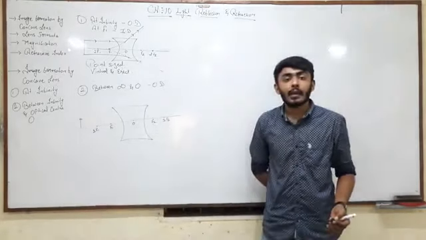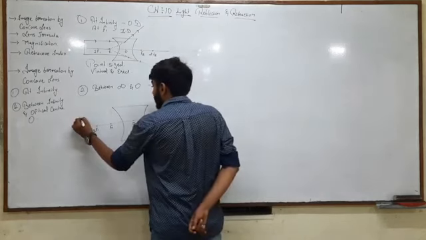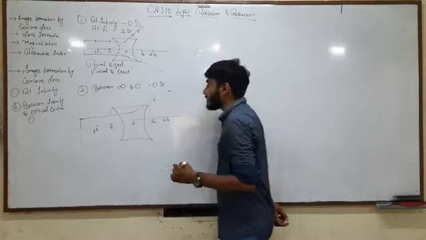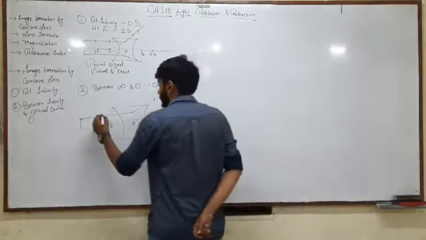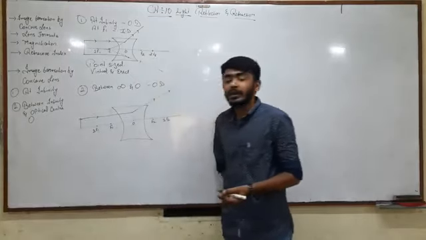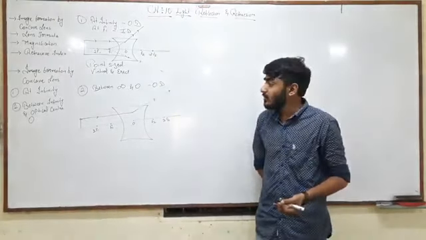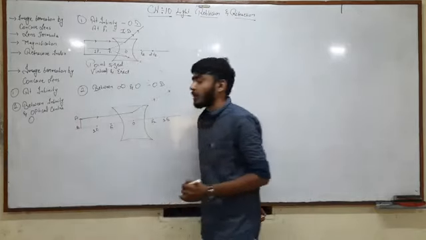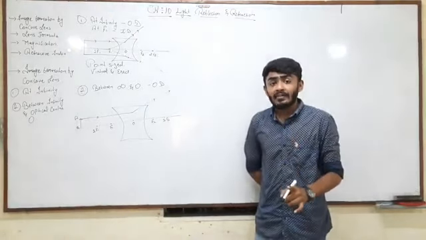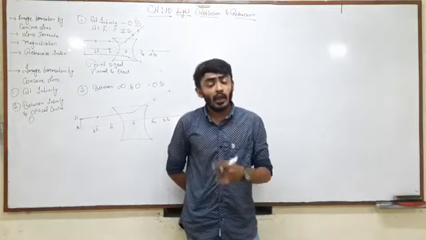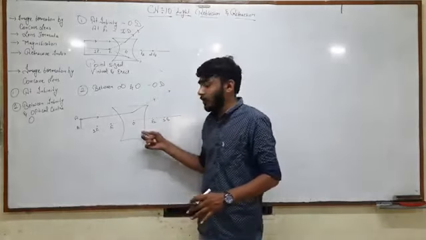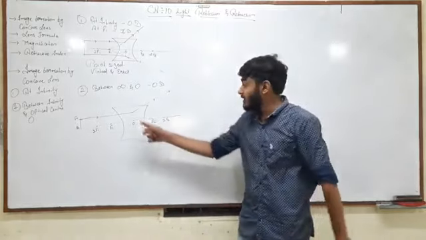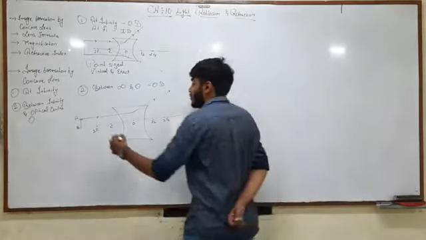See, if the object is kept over here somewhere, and one of the incident rays travels till here and then diverges. I hope you are clear with this. So this is your AB, that is the object. As I told you earlier, for any lens, either concave or convex, if the incident ray is passing through the optical center, it does not deviate, it does not bend.